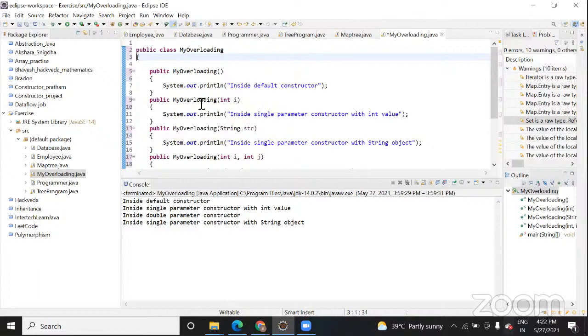It's very simple. You know the concept of overloading, right? Overloading means that inside the same class we can use methods with the same name, but their parameters and signature should be different, right? So let me write it down first and then we will go ahead. So constructor overloading is something like that itself.